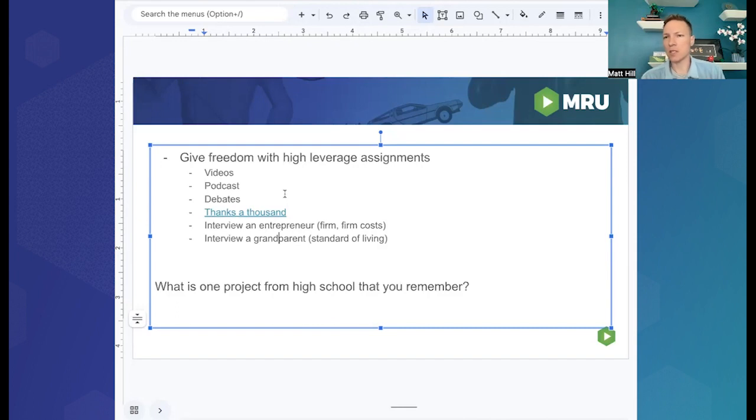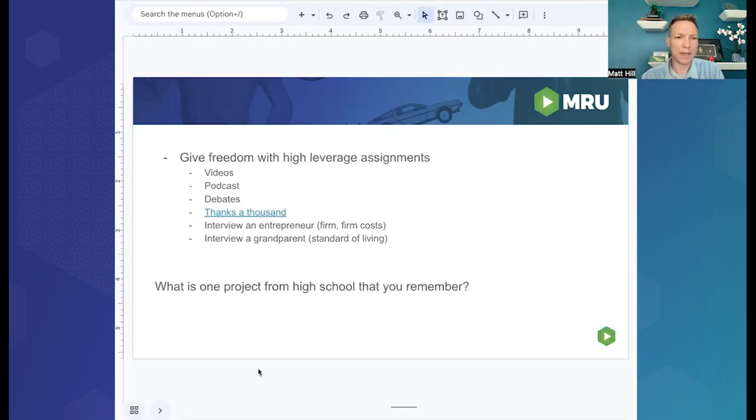But there are all types of assignments. I think those things that get students out there talking to people can be hugely beneficial and really stick with them. It's just a matter of creativity, thinking about what topic you're covering and seeing if you can come up with one of those types of assignments. There's another one where I have the entrepreneur interview somebody who started a business, or interview a businessperson about their types of costs, if you're teaching the cost structure of firms.